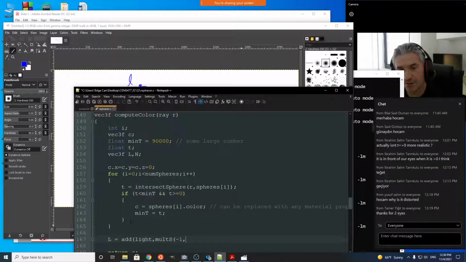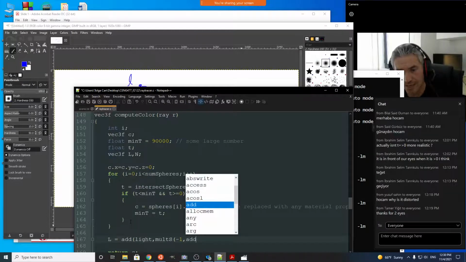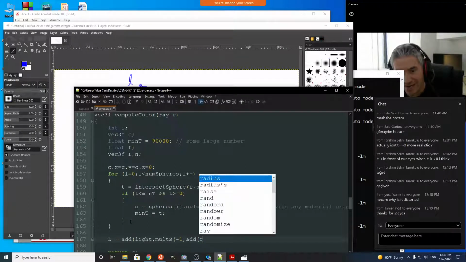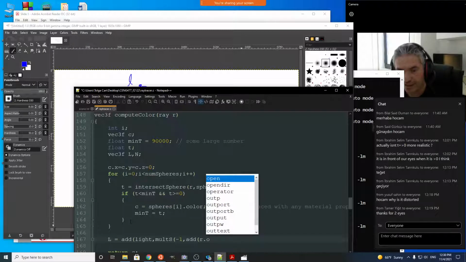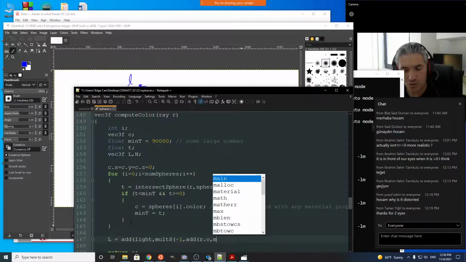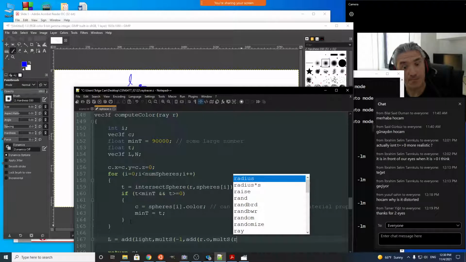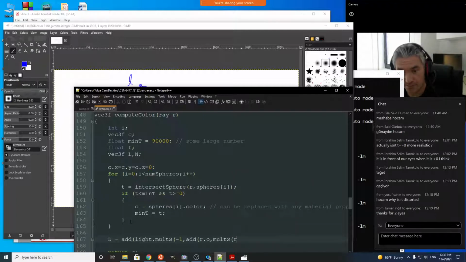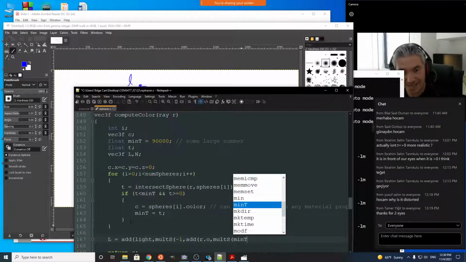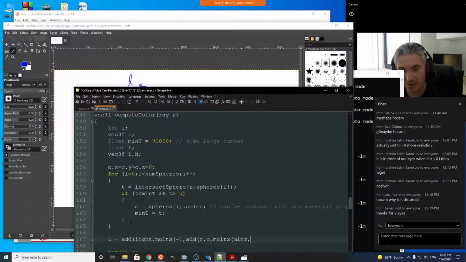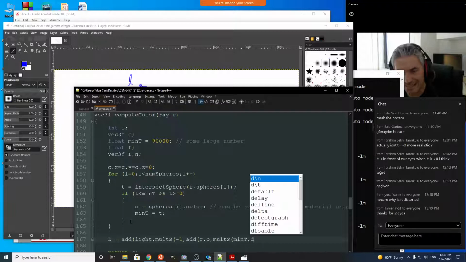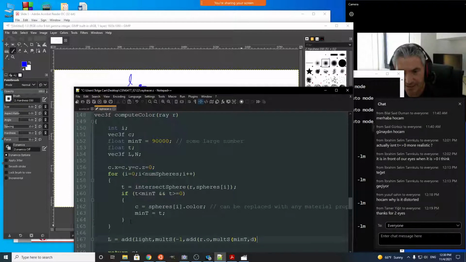Where is the location of the intersection point? It's my ray's origin. The ray had this origin. If I multiply min t, the intersection point, by d and add it to the origin,